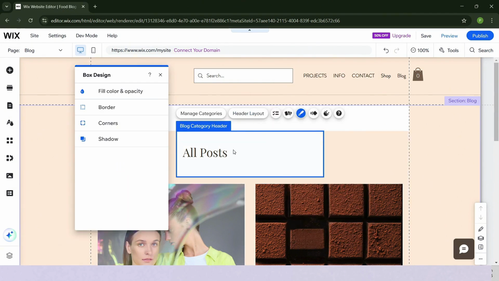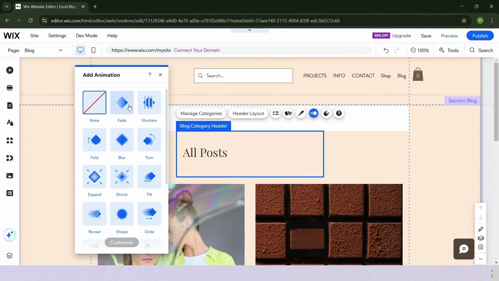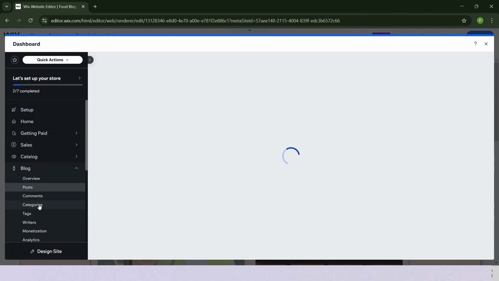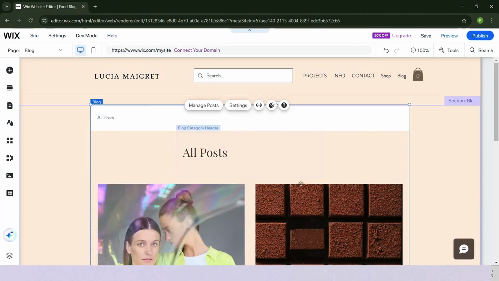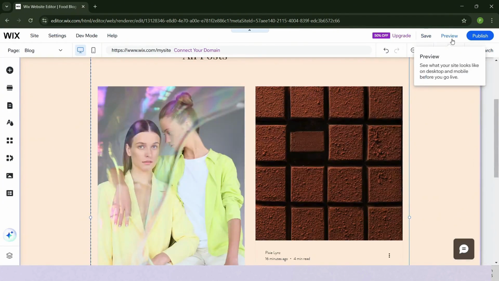You can design your blog category header through this design, fill color and opacity, say like that. You can have animations for your blog header. Also, you can manage your categories right here. You can have categories for your post. For example, those that are related, you can put them in a category. And that's it. When we preview it,